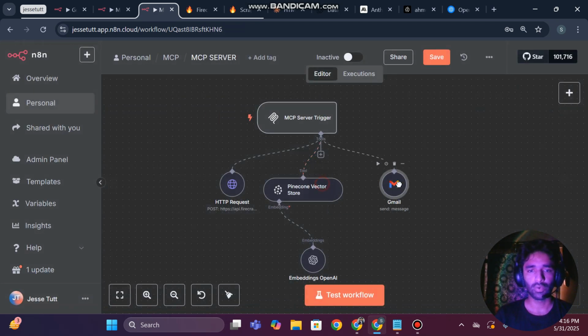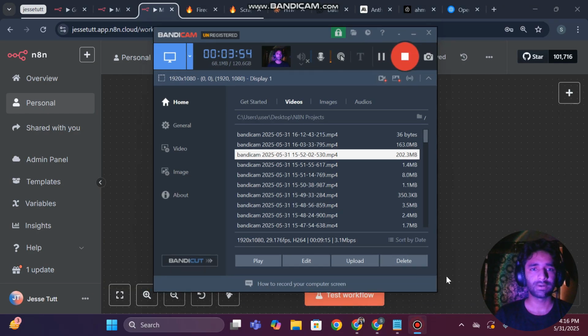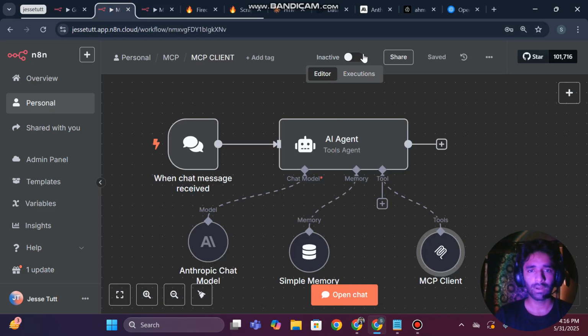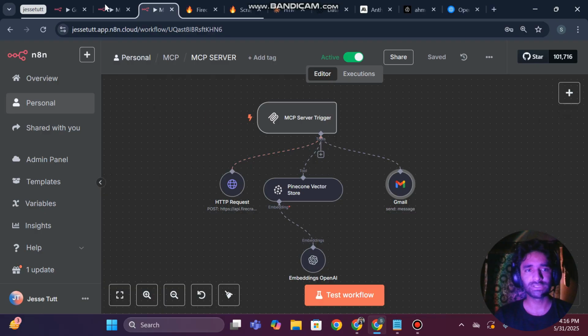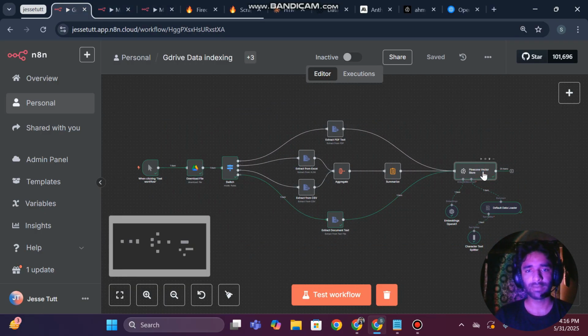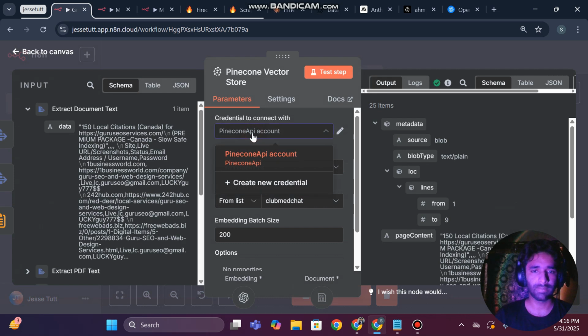Okay, so now our MCP trigger is ready, and I am going to activate this. And here I am also going to activate this. Now our MCP, Model Context Protocol, with these tools is ready. Let's index some data in our Pinecone vector database to test the model. So in the Pinecone vector database,